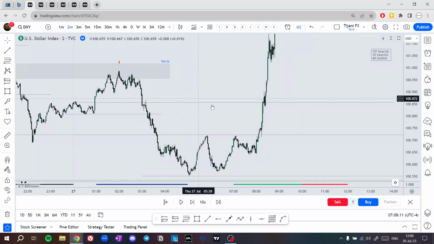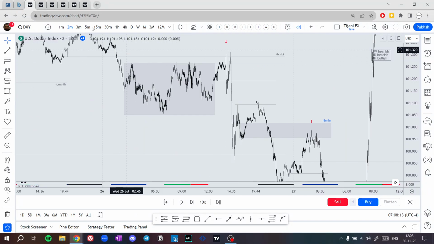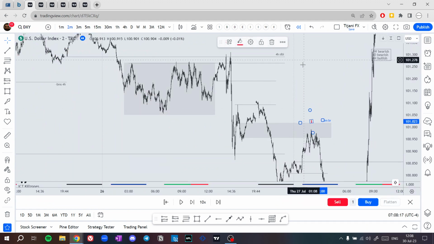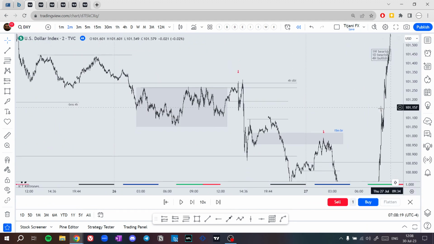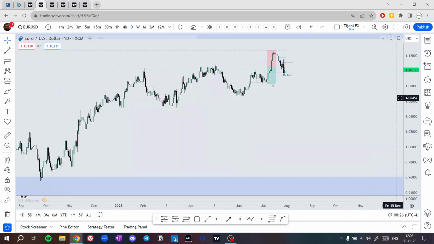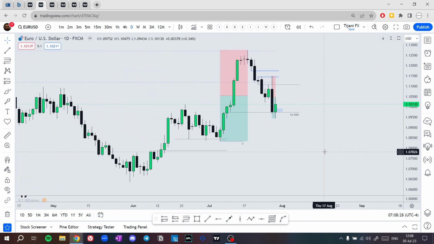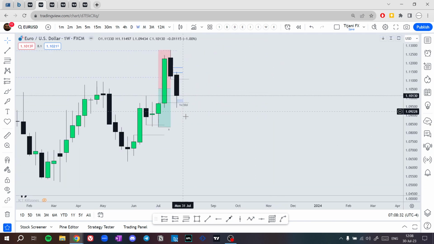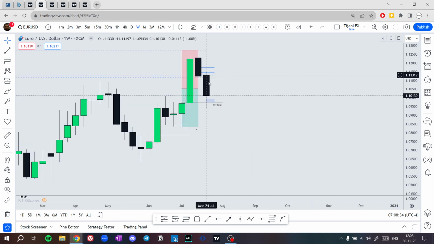So yeah, this is the interest from the dollar. I don't trade the dollar. I'm just showing you how to build a narrative from the dollar to check entries on EURUSD and GBPUSD. So if we see the EURUSD, what we're gonna see is the same from the weekly level. We wanna see price retrace to this discount, filling the weekly FVG right here,